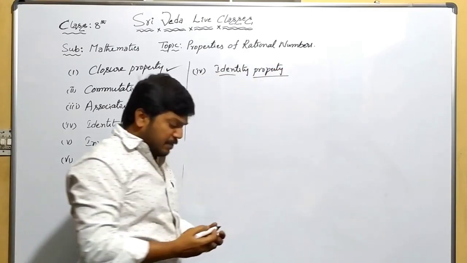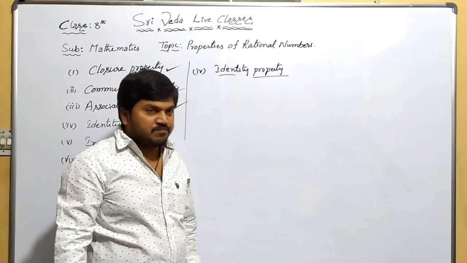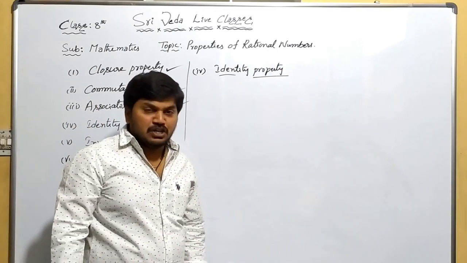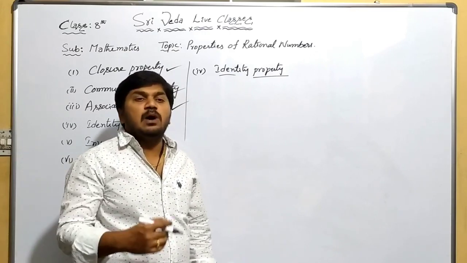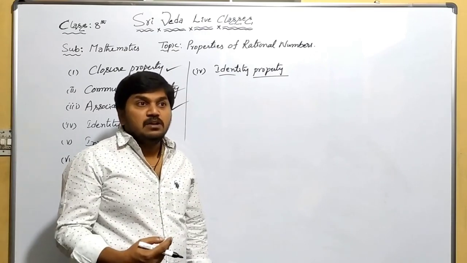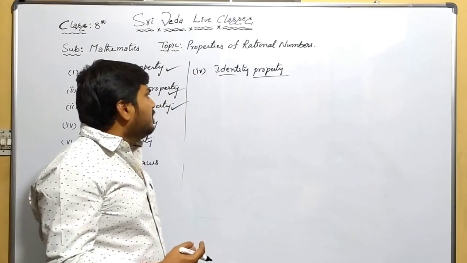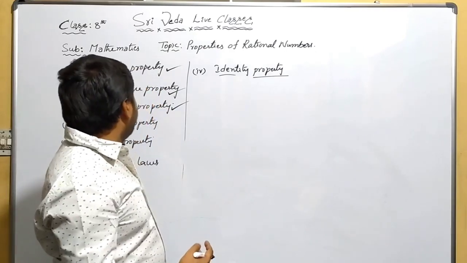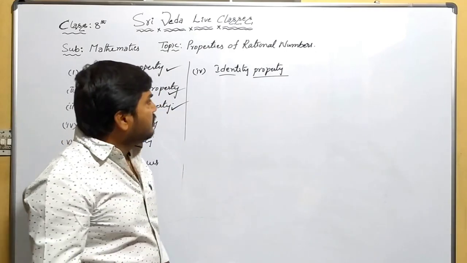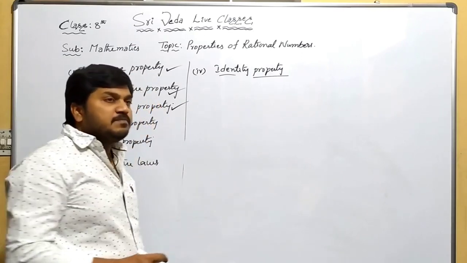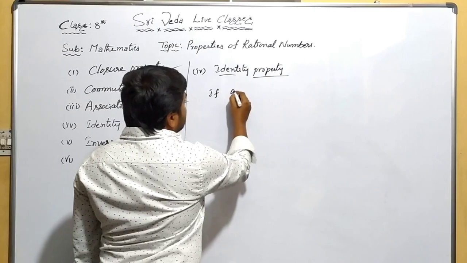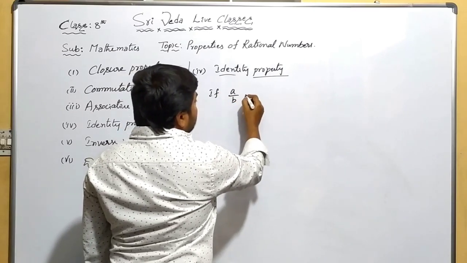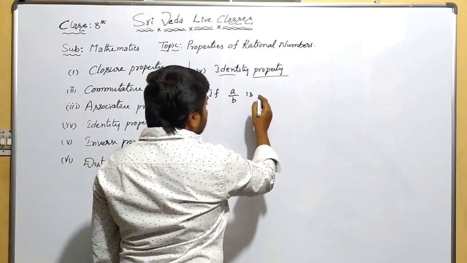So identity property means, just listen. Here, under addition, additive identity. So what is meant by additive identity? Additive identity means you just observe this identity property, then the inverse property. So additive identity means, if a by b is a rational number